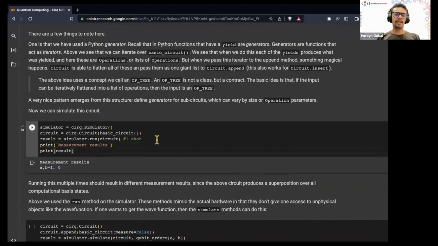And since it's a 50-50 probability, I can run it multiple times, and you can see I'll get different results. Now I'm getting 0, 1, now I'm getting 0, 0, now I'm getting 1, 0, and so on. So shots means how many times it runs on the simulator, or how many times it's executed. So quantum operations are probabilistic, meaning that the results really do depend on the number of times that you execute